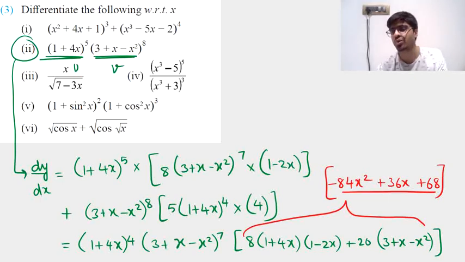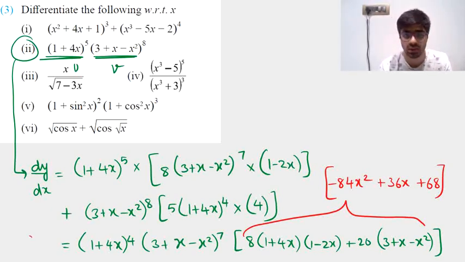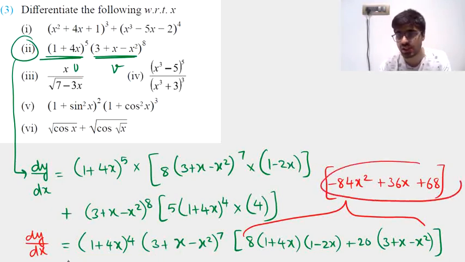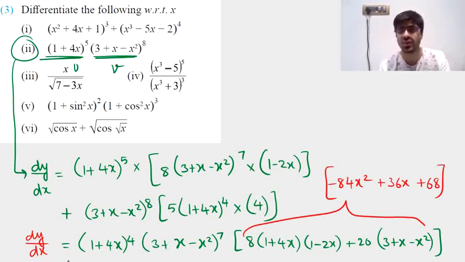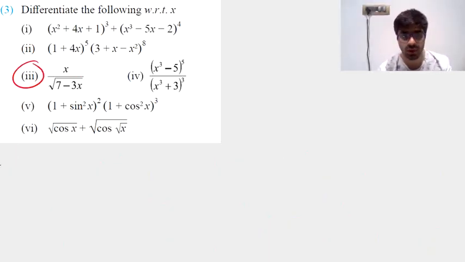You can further pull out the 4 common from these terms and write that 4 here. But I'll just stop it there because there is not much space and the step is not that difficult for you to not understand. So final dy by dx will be a 4 taken out common from this bracket, so you'll have a 4 here. Then this entire expression followed by whatever you are left with inside the bracket after you've pulled out a 4 common, which will be −21x² + 9x + 17. Okay, so that's how you are answering the second question. And with that we go ahead with the third one.